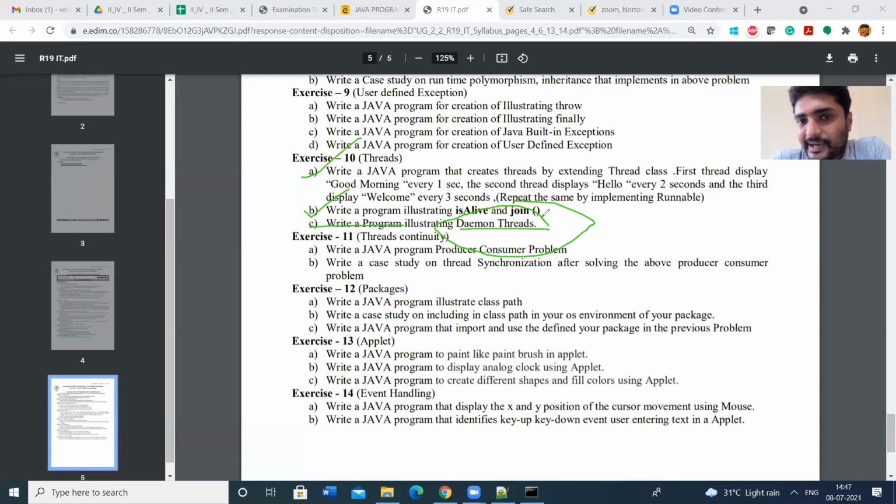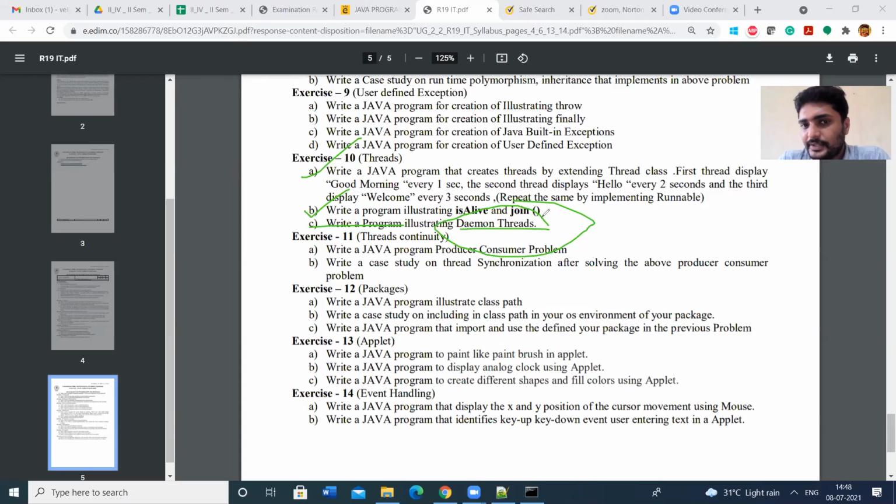The programmer or user cannot create these threads. Automatically the threads will be created. Whenever we execute the main method, public static void main, the program execution starts with the main method. That means a thread will run in the background to execute that main method. Some main thread will execute. That is called a daemon thread. We can treat these as user defined threads and predefined threads. So we can call these daemon threads predefined threads.